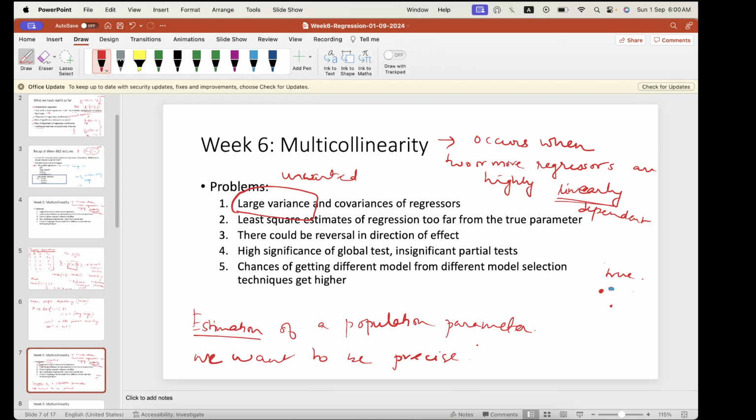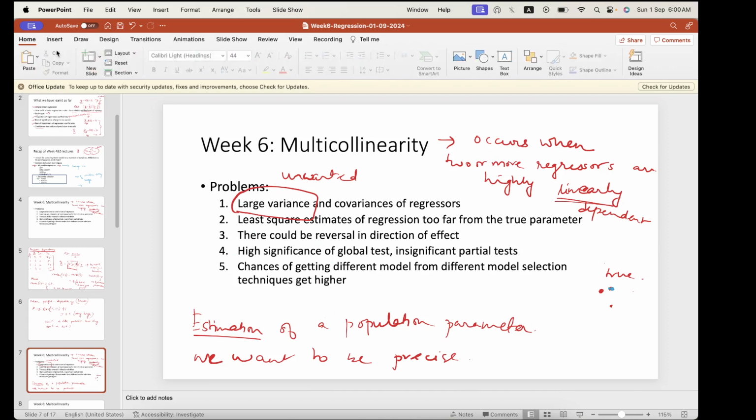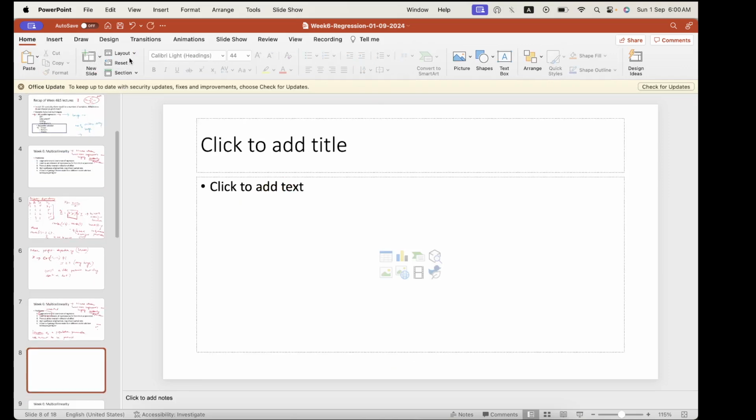Okay, and so in order to find out this large variance, what is it that we have to do? First we have to learn how to estimate in the presence of multicollinearity. So how do we do that? So first things first,